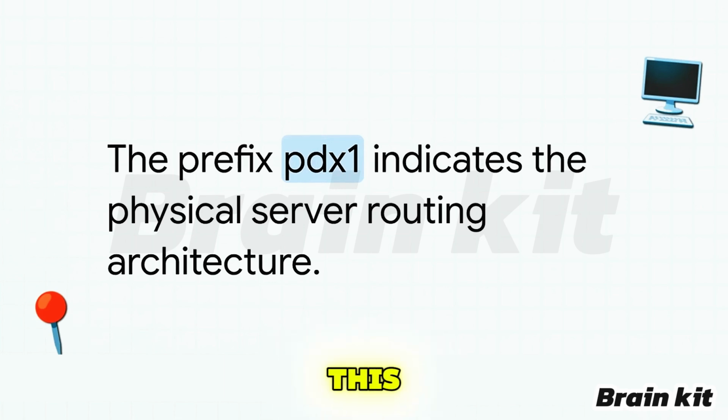To really make sense of this for our explainer, we need to treat this string like a microscopic artifact and isolate its different parts. Let's start with just those first 4 characters, the prefix, PDX1. Now, in the architecture of the internet, this is not just random gibberish. It's actually a microscopic clue pointing straight to the server's routing architecture. It likely indicates the specific geographic data center, perhaps somewhere like Portland, where this digital gatekeeper physically lives. It essentially grounds this ethereal invisible internet wall to a literal, physical machine sitting in a room somewhere in the real world.